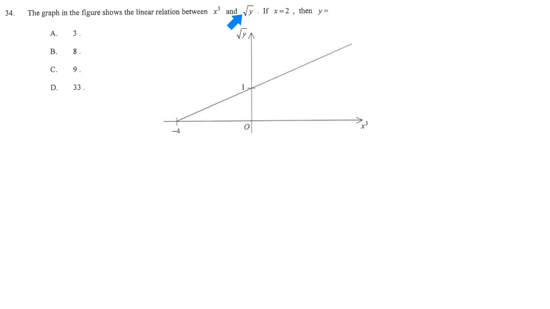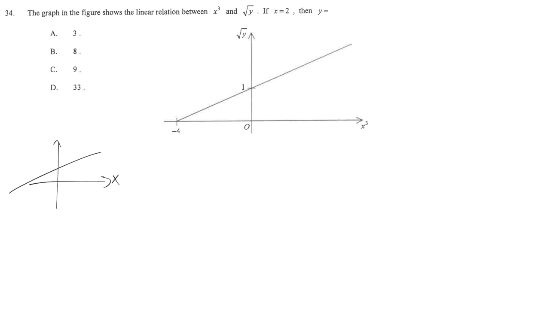They say that x power 3 and square root y are in a linear relationship, which means that the increase of x power 3 is proportional to the increase of square root y. Of course, we are going to write down the equation with x and y only. So by looking at this graph, if you are not sure, then maybe you just simply consider a similar situation